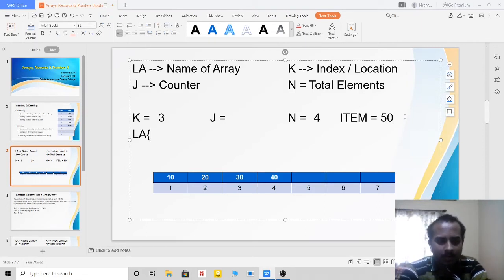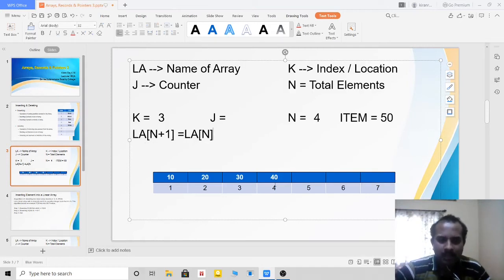LA of n plus 1 is equal to LA of n, right? But what will happen?